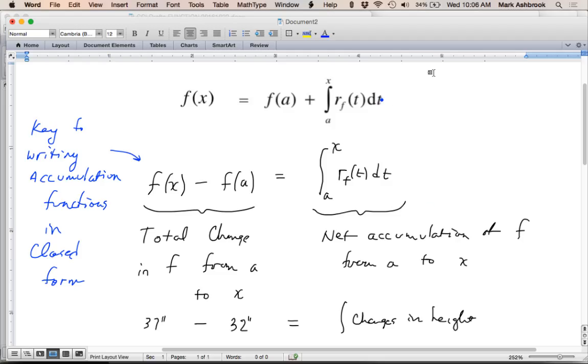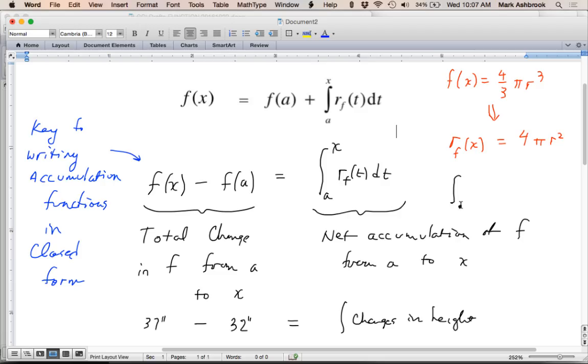So what did we say? If for instance the volume of a sphere was 4/3 pi r cubed, we found out that r sub f was, we did the math, 4 pi r squared. But when we did that, we found out two things. We didn't only find out that the rate of change of volume of a sphere was 4 pi r squared, but we also found out that if we had the open form accumulation function,